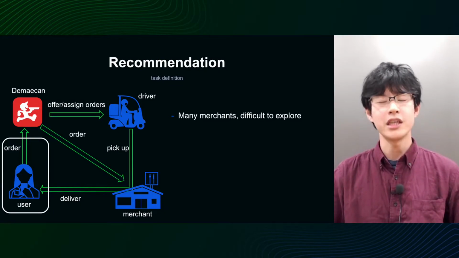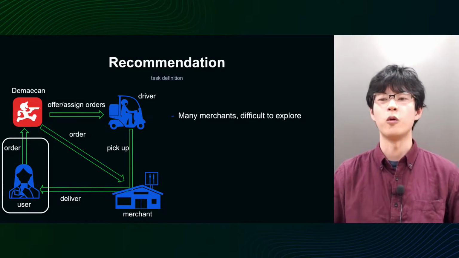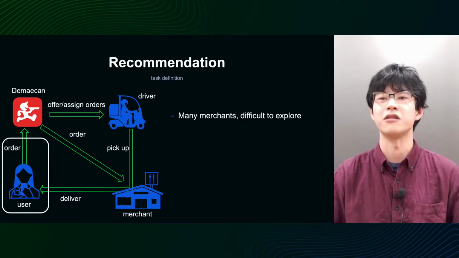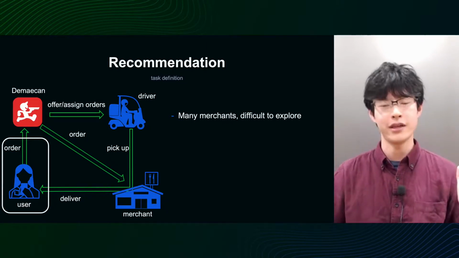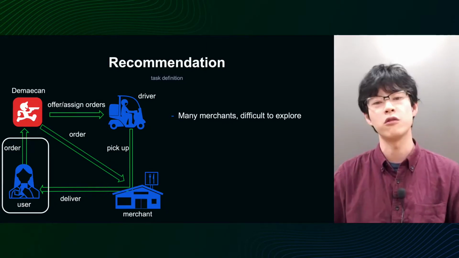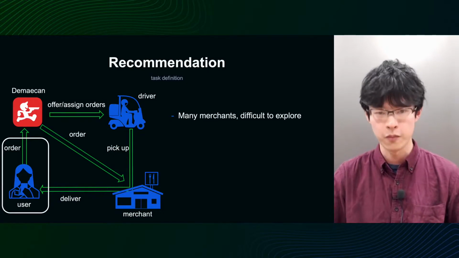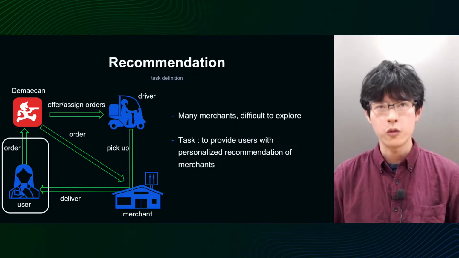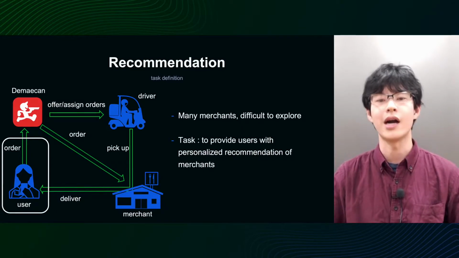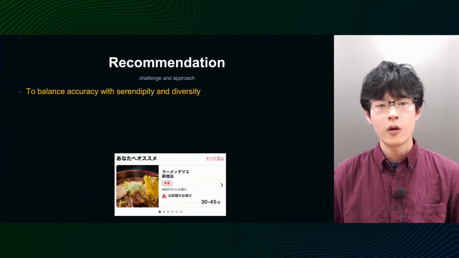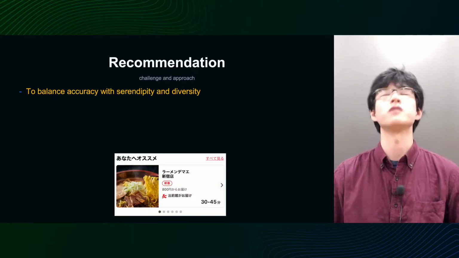If you want to find an interesting merchant you've never tried before, you may want to consult with the popularity ranking, which, however, by definition, represents popularity within the entire area of your greater neighborhood and therefore may not represent your own preference. So, we came up with the first machine learning task to offer users with personalized recommendation of